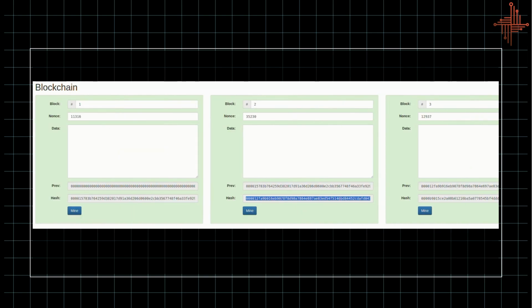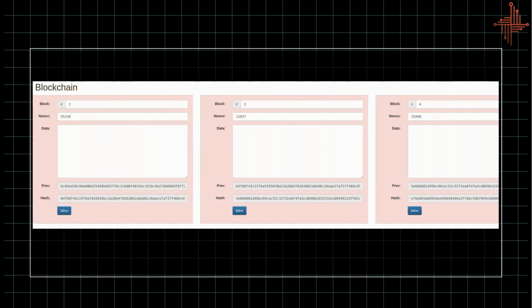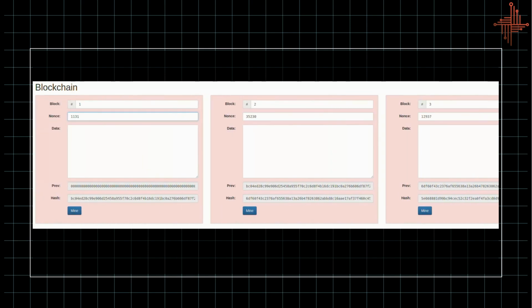And if you try to change anything, let's say in the first block, then the whole chain will become invalid. Why? Because the hash of that block will change, and similarly the hash of the next block which is pointing to this will change, and similarly for others. So this is how blockchain works. You have to find that nonce which satisfies this block's criteria. And once the size of that nonce is exceeded, you try to change the other part, such as the data or the block number. Then you'll have to start mining once again from the beginning.